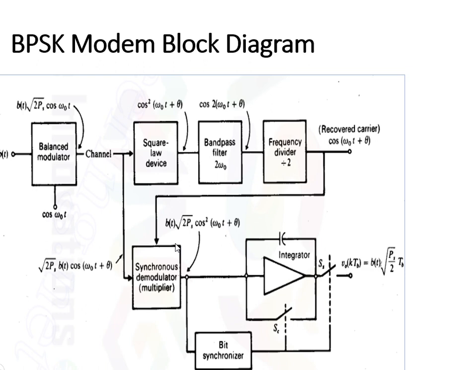Now a very interesting question comes to mind. Why can't I send the same carrier which I am using at the transmitter through the channel to the receiver for the demodulation? It may even reduce the receiver complexity, but still, practically, we are not sending the carrier from the transmitter to the receiver. We are simply sending the modulated signal only. From the modulated signal we are getting back the carrier wave for the demodulation purpose.